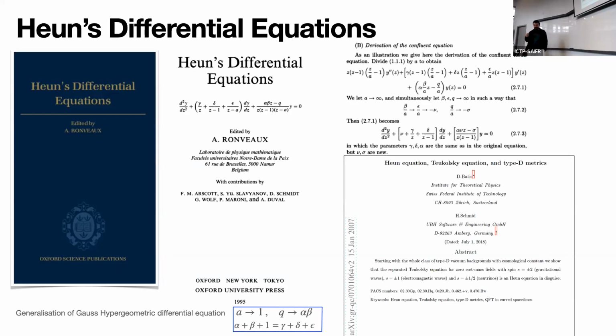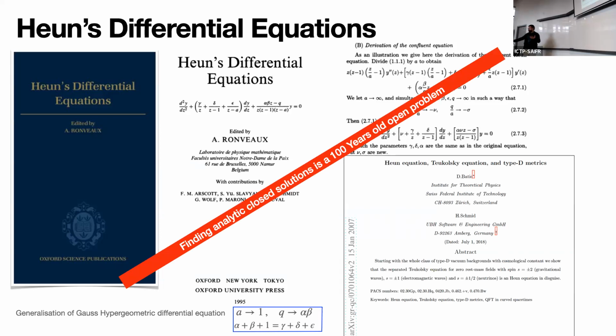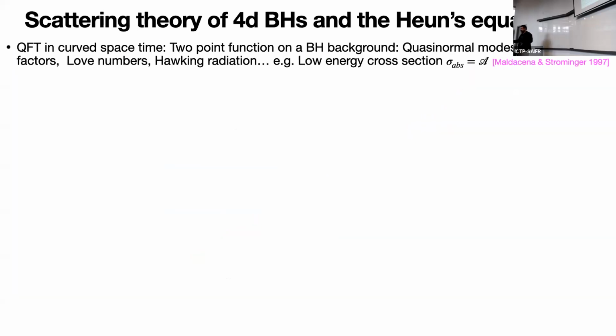So for the case of gravitational wave scattering off a Kerr black hole, the radial Teukolsky equation is not the full Heun equation, it's a special equation, which is called the confluent Heun equation. It's an equation with 3 singular points instead of 4, at z equals 0, z equals 1, and z equals infinity. And it turns out that actually any perturbation of a type D metric can in general be written as some kind of integration. So as I'm saying, finding a closed solution for this equation is still an open problem. There are some formal solutions, and we're going to review them now.